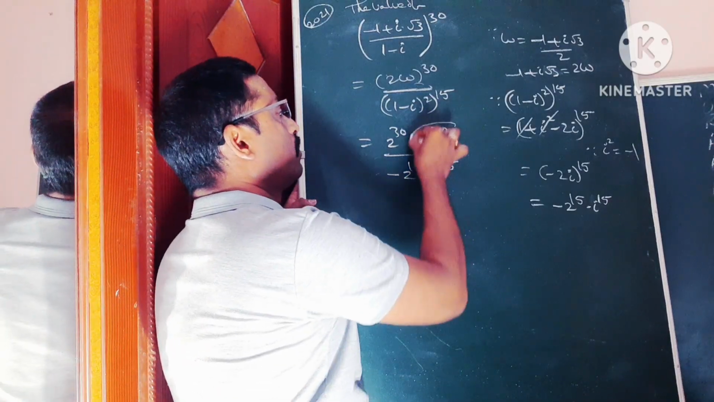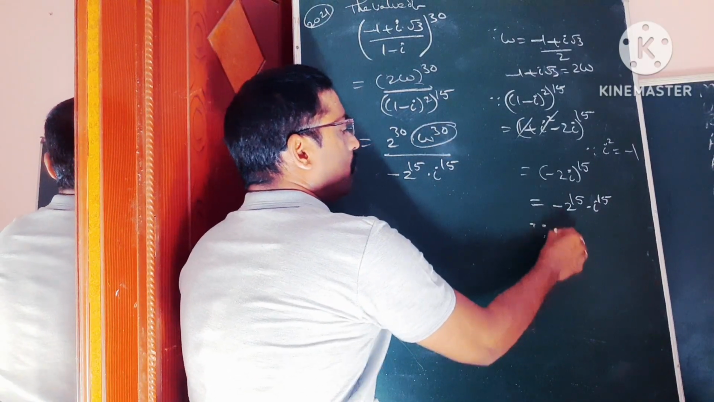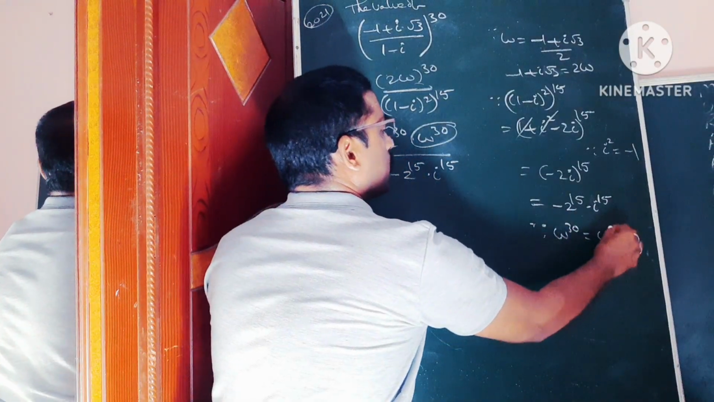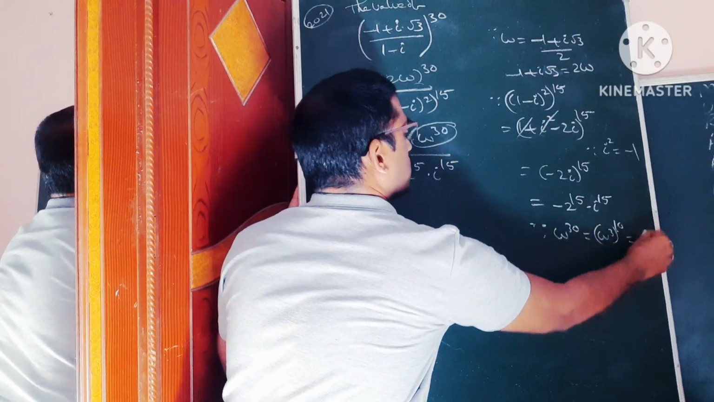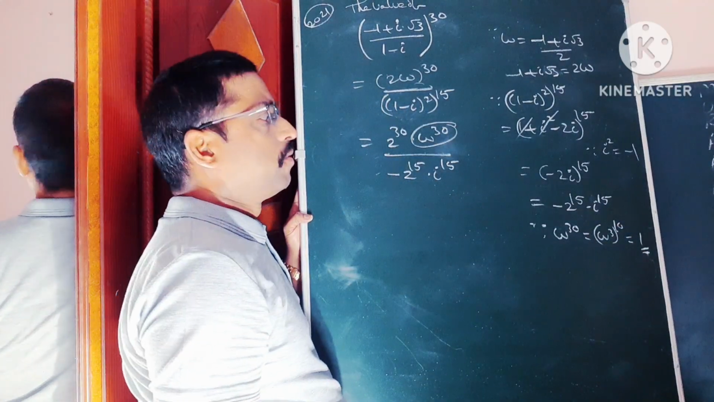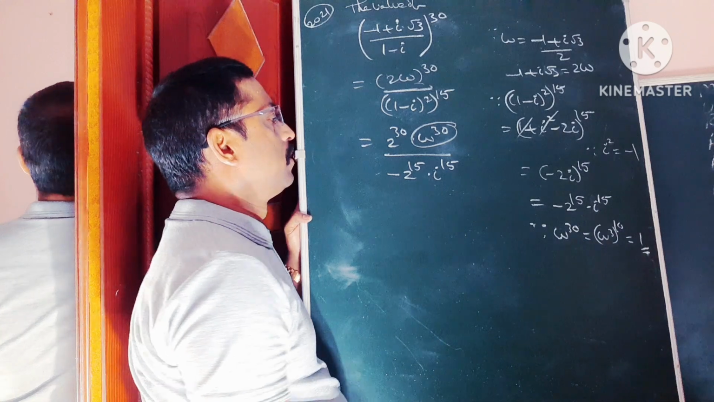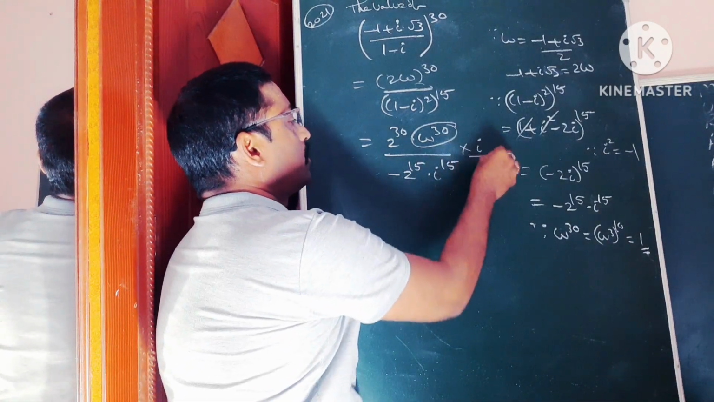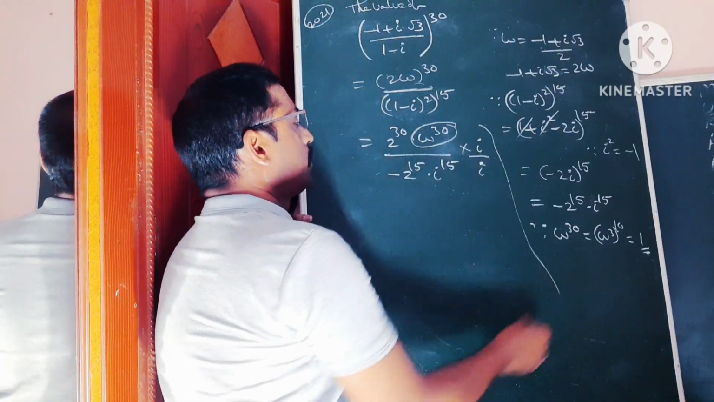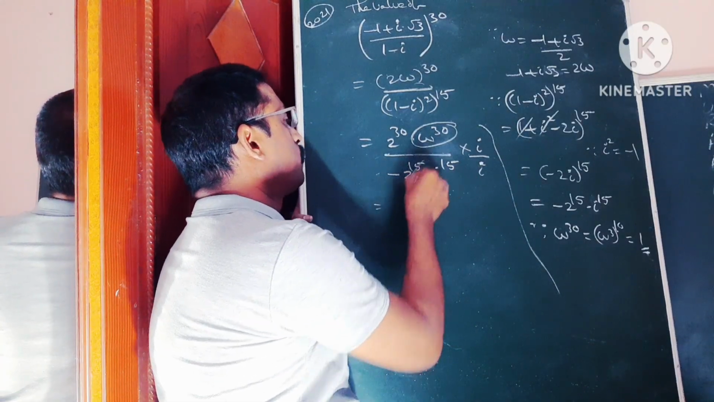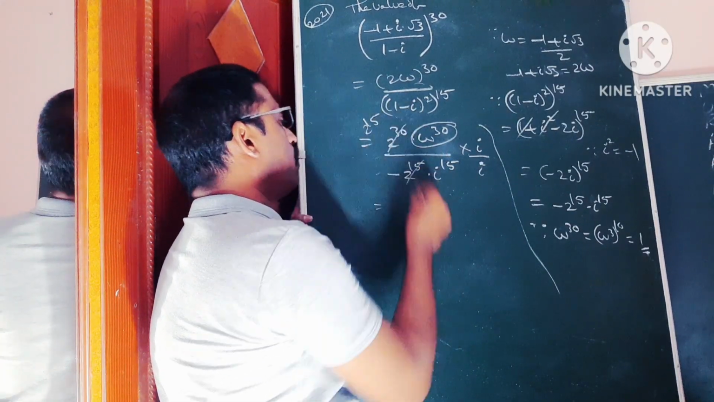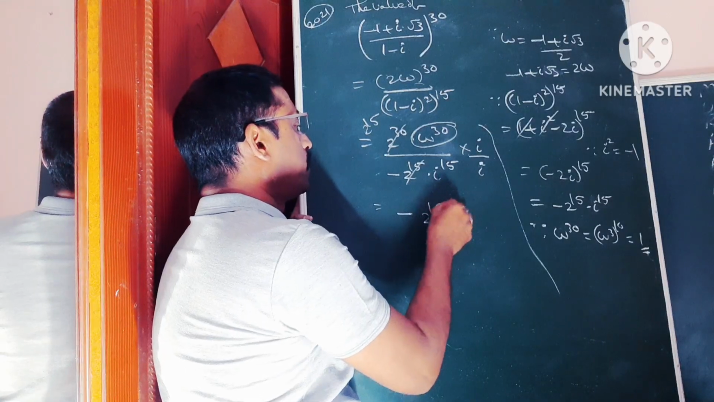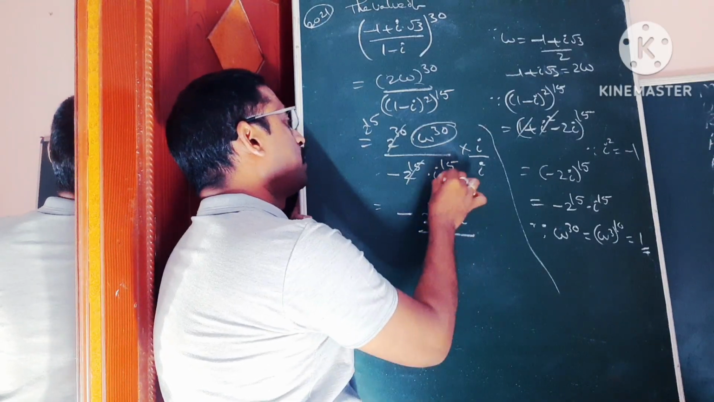Now omega power 30 value how much here? Omega power 30 is equal to omega cube whole to the power 10. This value how much here? 1. Why? Because omega cube value 1. I to the power 15. So here 1 I divide multiply, right? Multiply divide with I. So this one 2 power 15 also cancelled. How much we get? Minus 2 to the power 15 into I by denominator I to the power 15 into